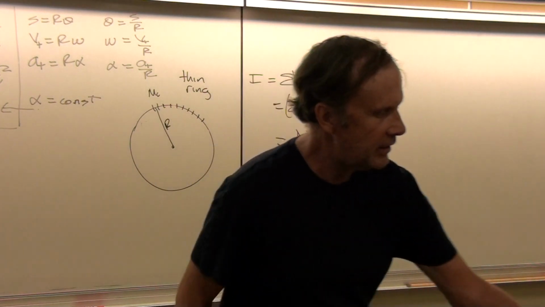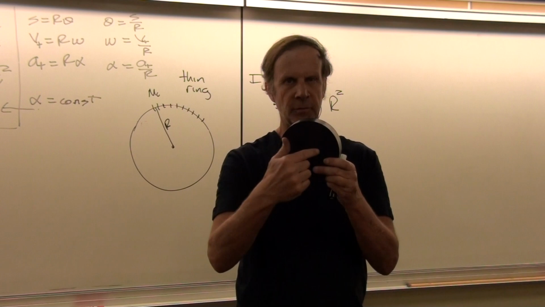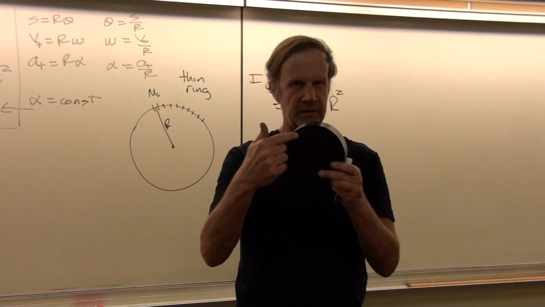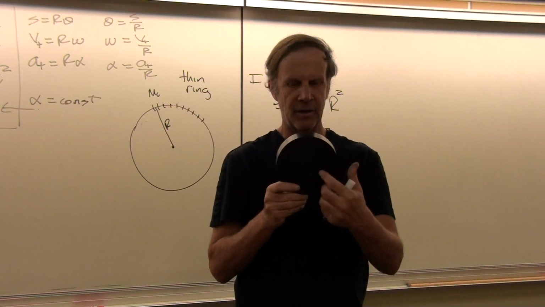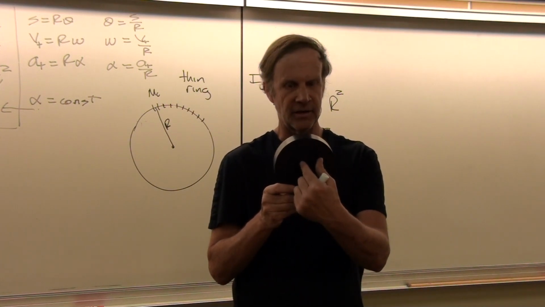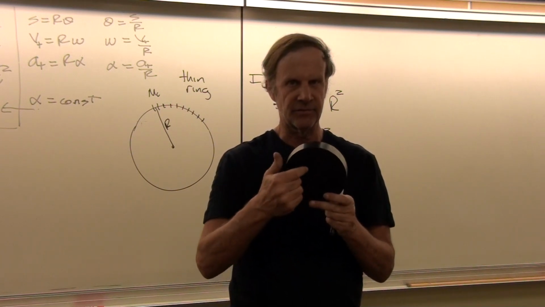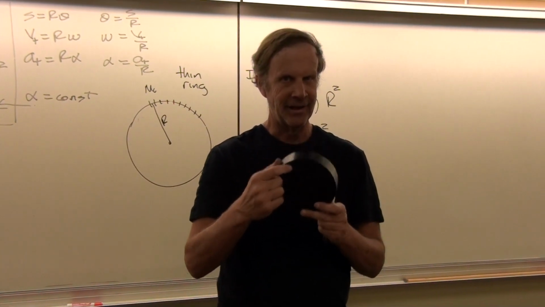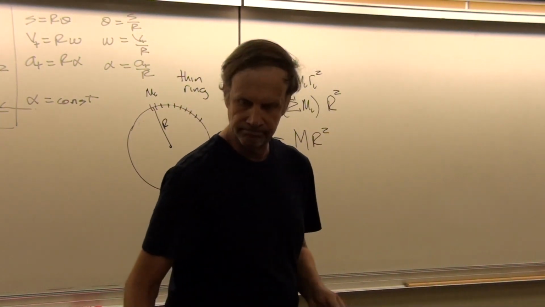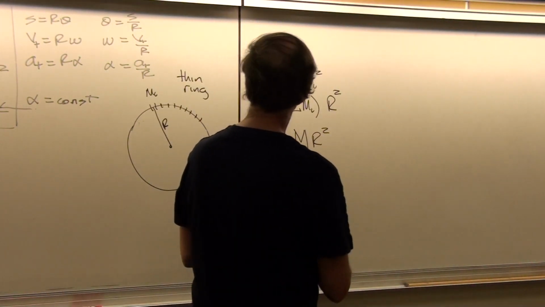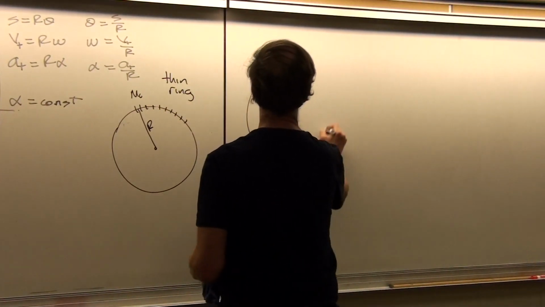On the other hand, what if the mass were uniformly distributed throughout the interior? Then some regions would have mass that's closer to the center. Other parts of the cylinder would have mass that's farther away from the center. And so it would go like the radius squared. So for a problem involving a cylinder,